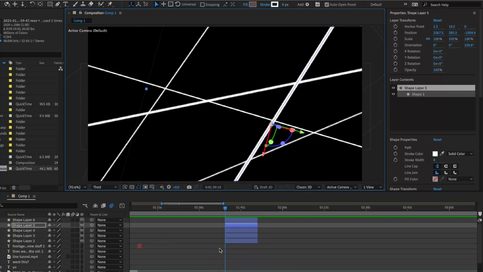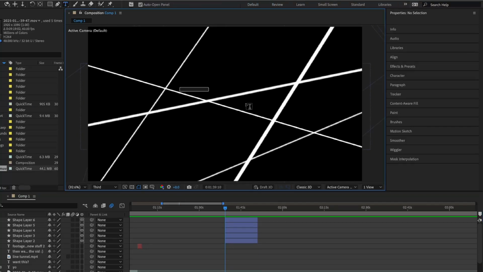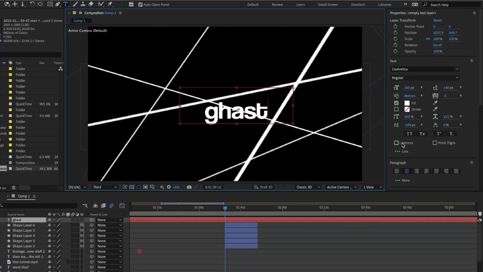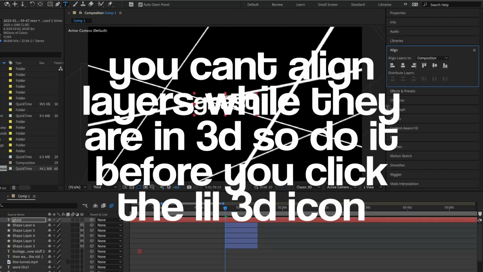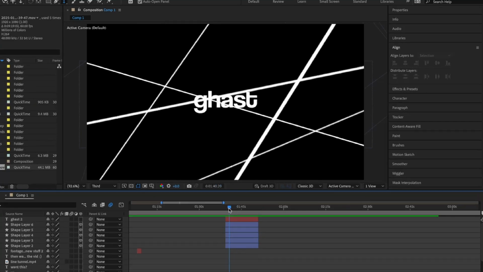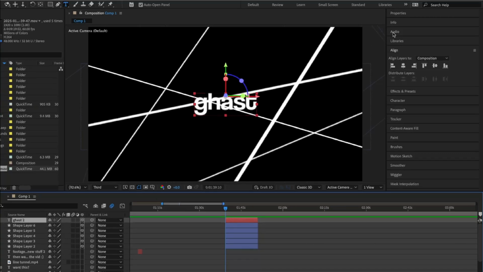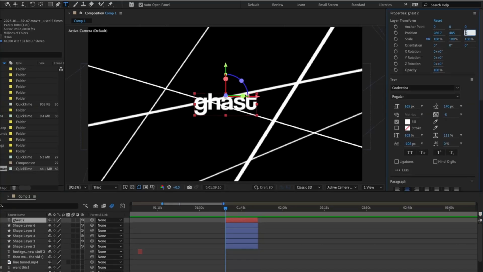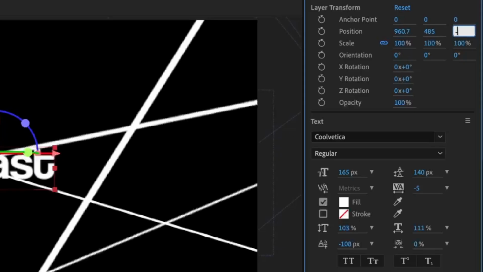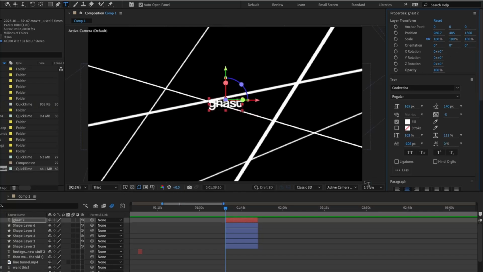Okay, so I got the lines, and I'm just gonna add a text, so I'll just have it as my username, and then align it. You have to align it when it's in 2D, and then if it's in 2D, just click 3D once it's aligned, and then we're just gonna set that, we'll do like minus 1300. There we go. Oh wait, no, you want to do 1300 because I don't know why it does that,